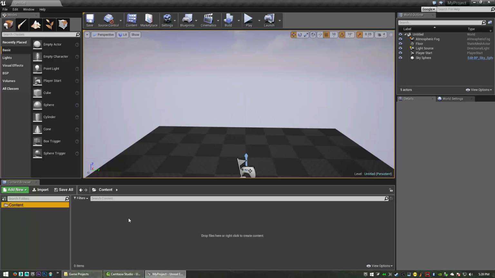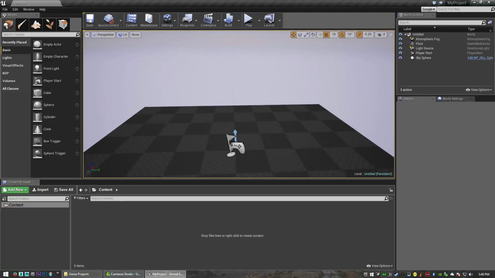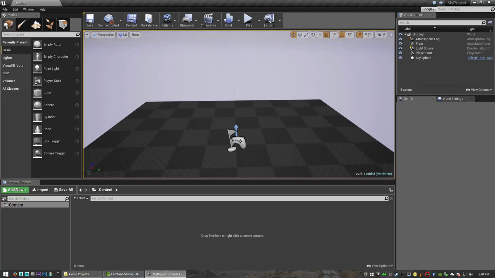So what we need to do is create two things: our game mode and our character. The game mode script actually holds all the information like scores and so on, and HUD and your player, your main character, and so on. So let's create that. So we're going to go to blueprints,